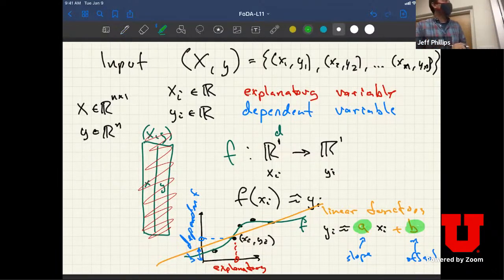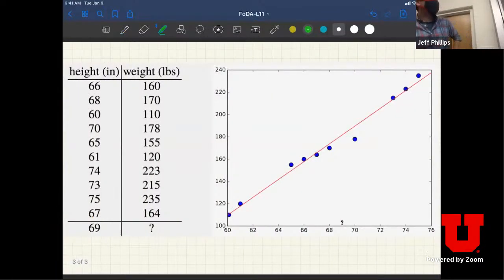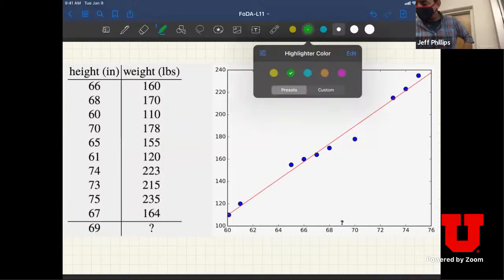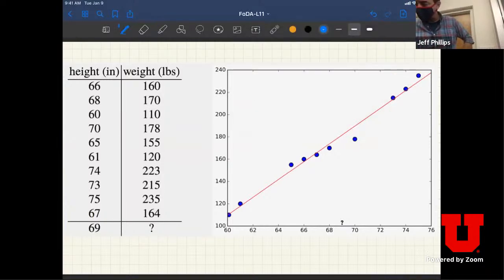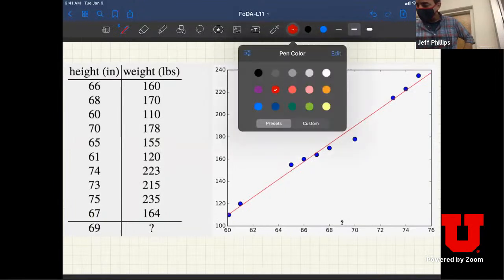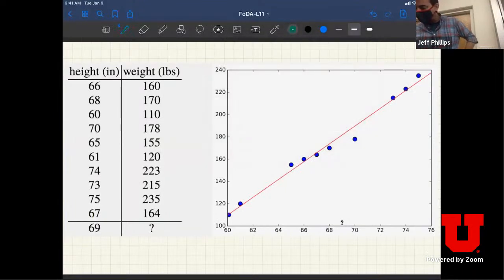Okay, so this is kind of a mathematical preview. Let's look at a little bit of data and make this a little bit more concrete. Here's an example from the book. You can think of this example as having two components. This corresponds with the height in inches. Let's say this is some people I've measured of their height in inches. I've corresponded their weight in pounds, right? And so I've got the